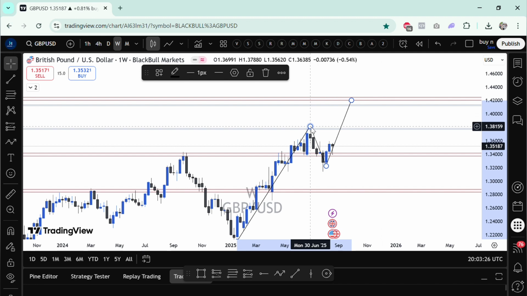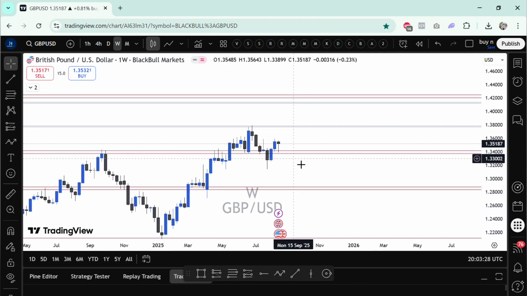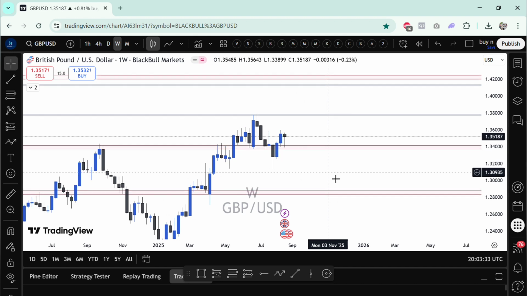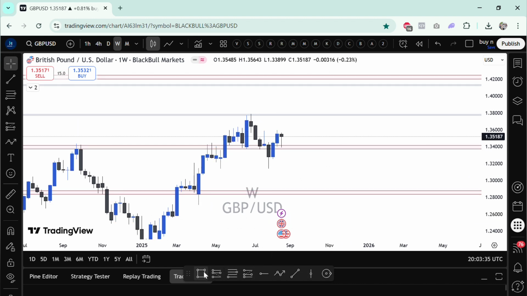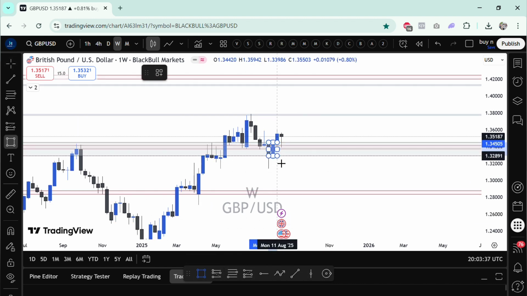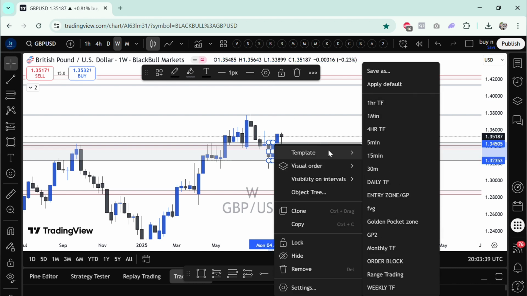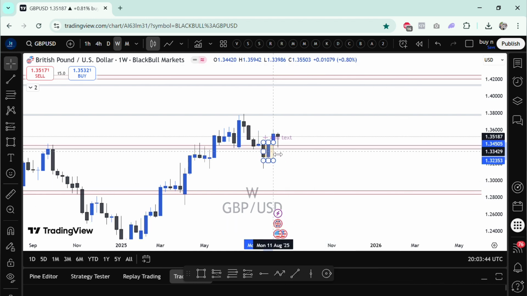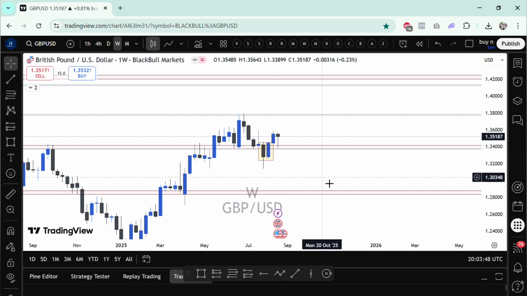One of the confluences on this weekly that is giving me strong confidence that price wants to go all the way up is this bullish engulfing candle, which played out, I think, 2-3 weeks ago,